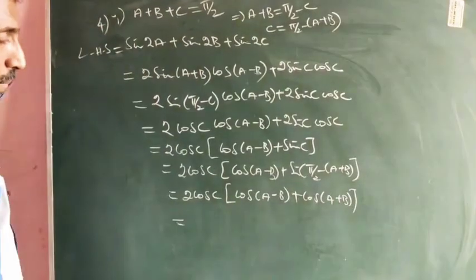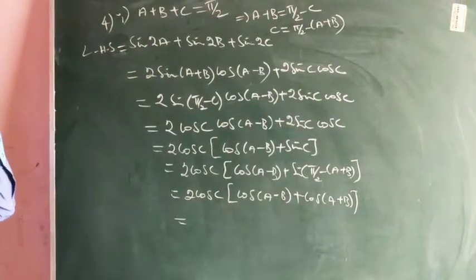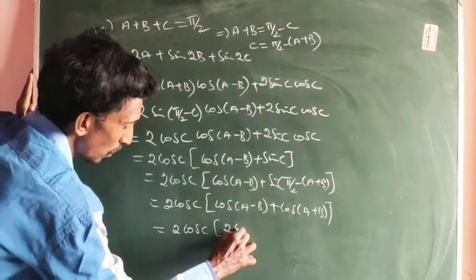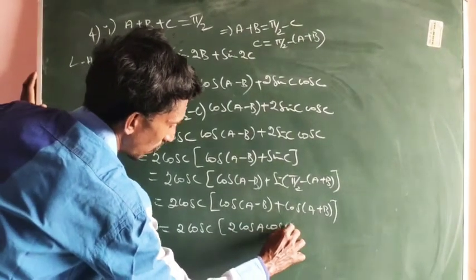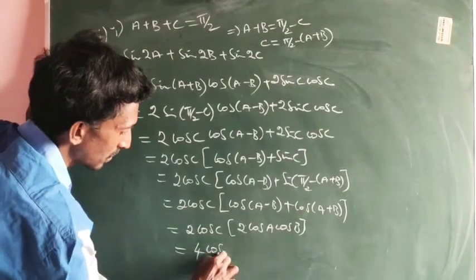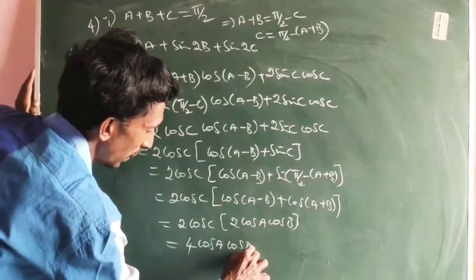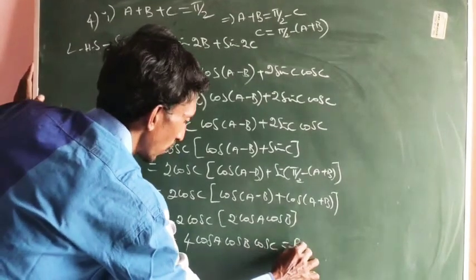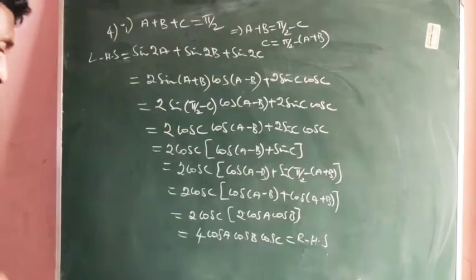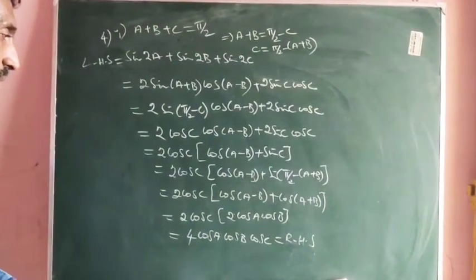So cos(a minus b) plus cos(a plus b) is 2 cos a cos b, a direct formula identity. So 2 into 2 becomes 4 cos a cos b cos c. It is similar to the subdivisions present in the first question. There are 7 subdivisions, and it is similar to the first subdivision.